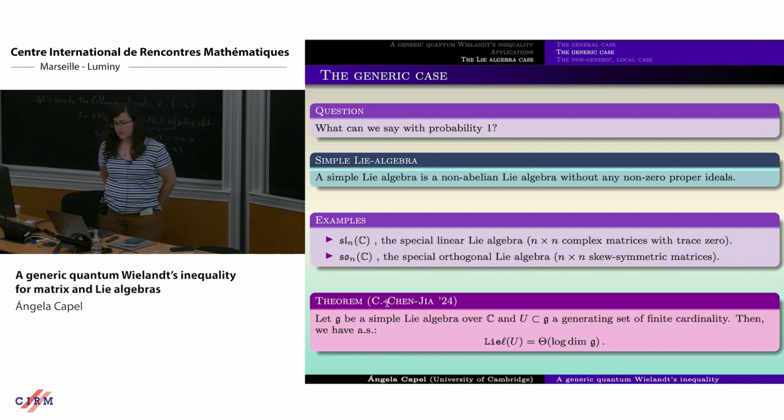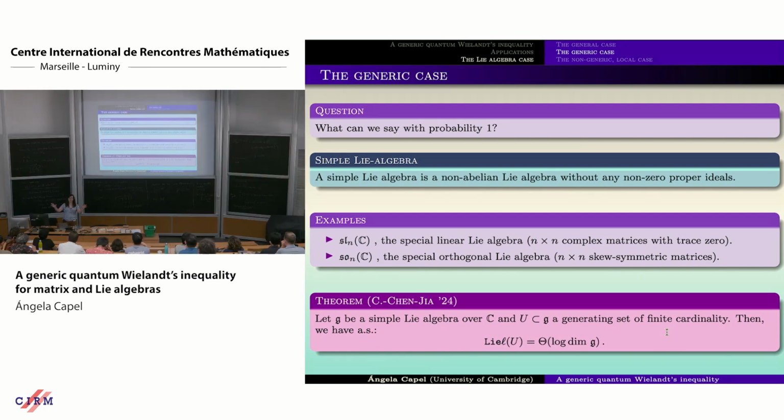And then what we can say for simple Lie algebras is essentially that if we consider a generating set of finite cardinality and we consider a simple Lie algebra, then the Lie length of the generating system is going to be of order theta of log of the dimension of the Lie algebra. And the reason why it's theta is because it's already matching the matrix algebra case. And of course, it cannot go better than the matrix algebra case, because in the Lie algebra case, if you write down all the commutators of the words as the products that you would obtain from there, you see that it's very easy to find a lower bound for the Lie algebra case in terms of the matrix algebra case. So you can never go better than that.